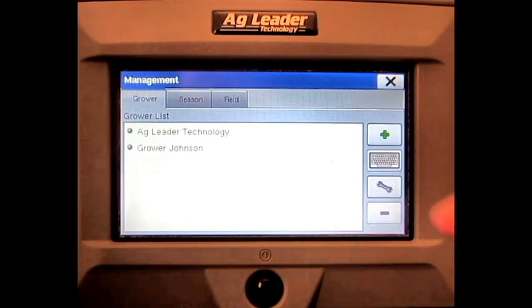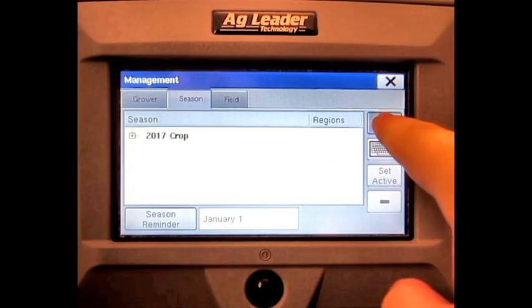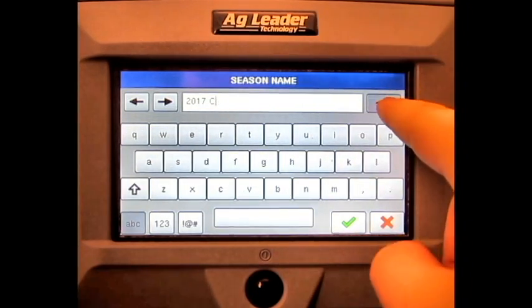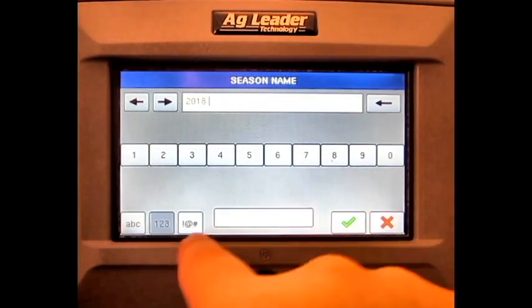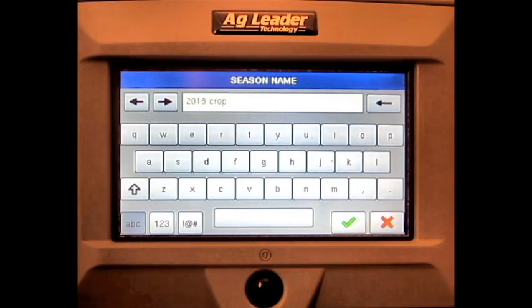press the Season tab, press the Add button, enter in the new season name, press the green check mark,